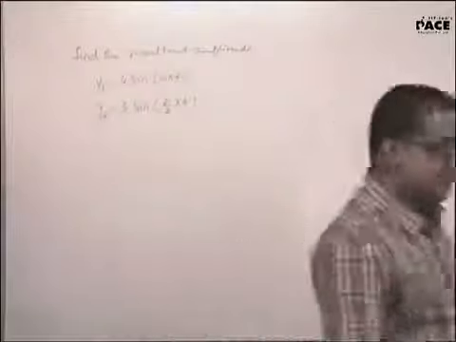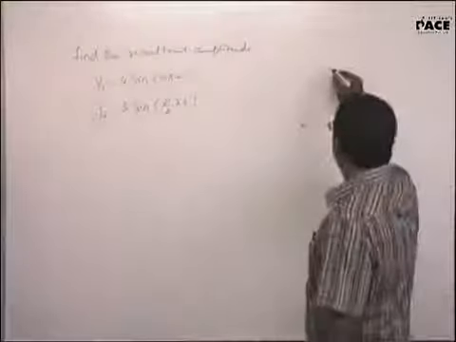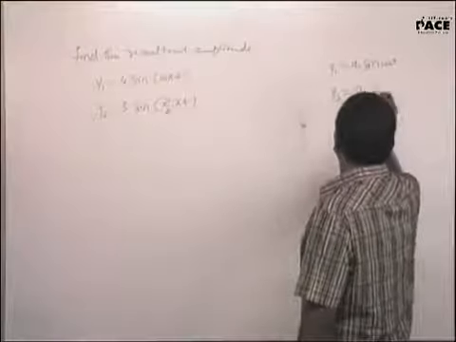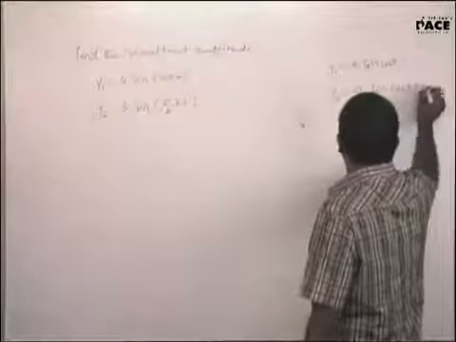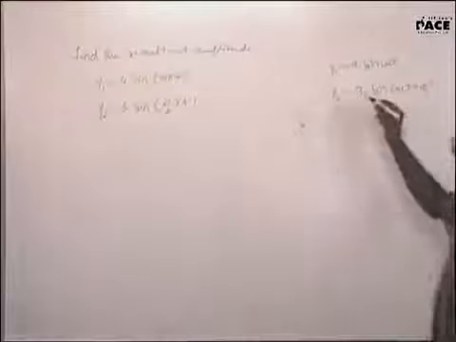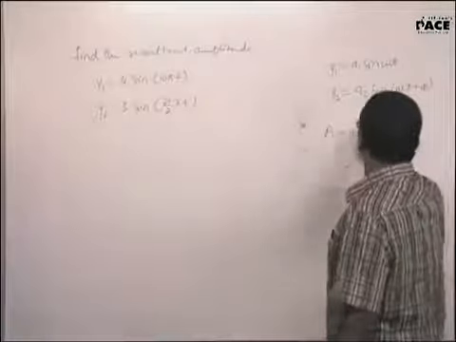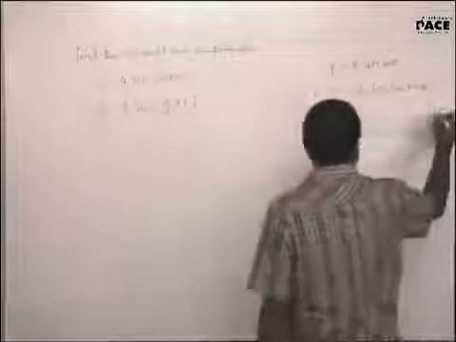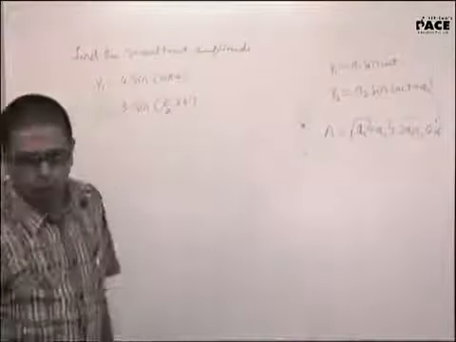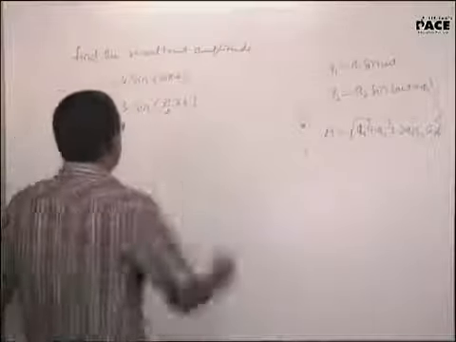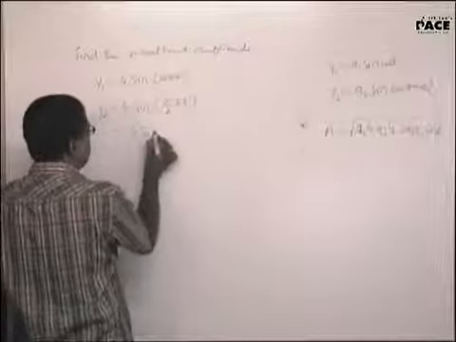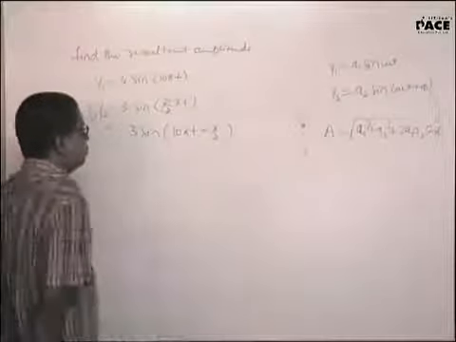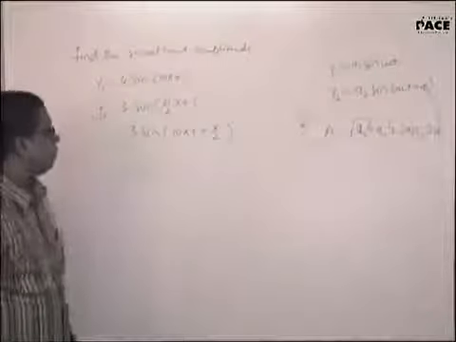Now when we introduced this theory, we said if y1 is equal to a1 sin omega t, y2 is equal to a2 sin omega t plus phi, if both omegas happen to be the same, the resultant amplitude is root over of a1 square plus a2 square plus 2a1 a2 cos phi. This was what we said, yes or no? Now watch out for this. Can I write this as 3 sin omega 10 pi t plus pi by 2?